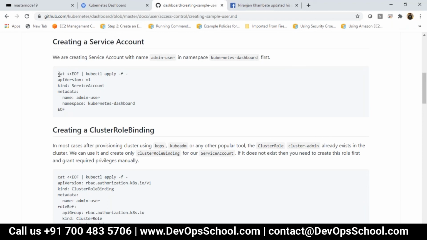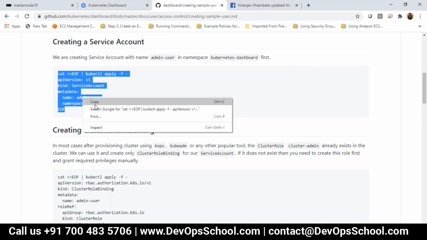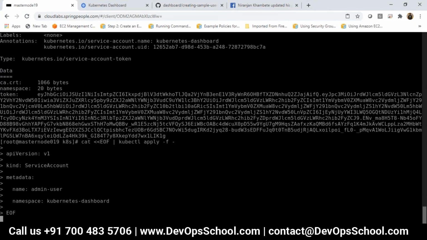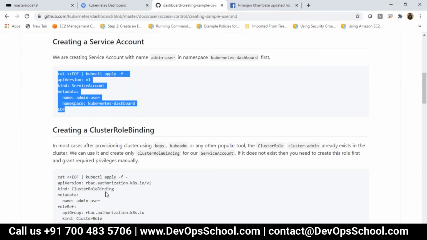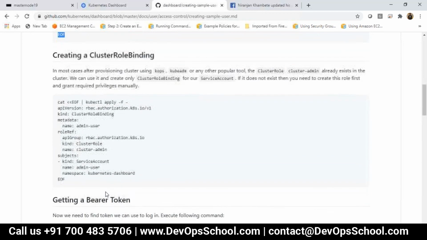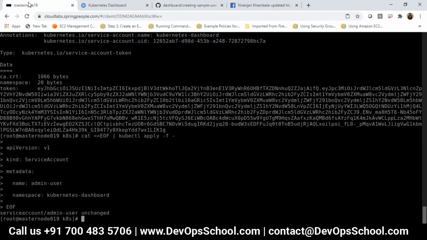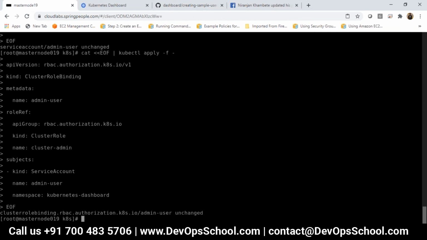I created the namespace. Service account. It is there. The role binding has been run with the dashboard. Unchanged.